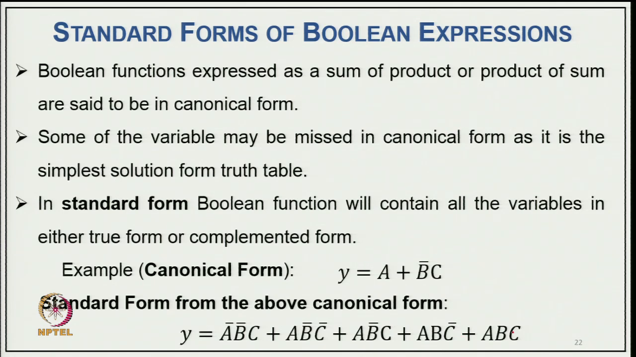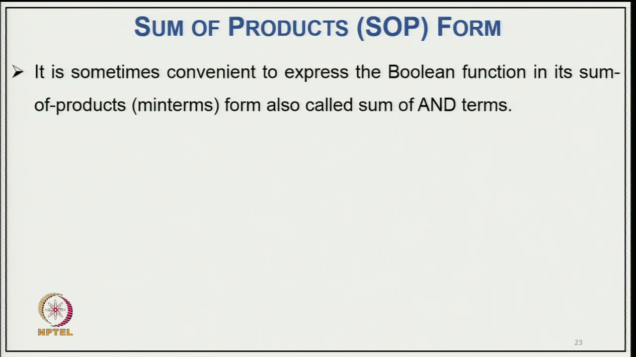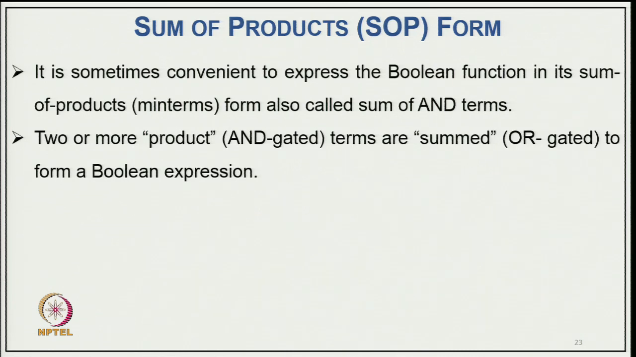So, this represents the canonical form, a standard form typically considered as the sum of products, or you can call it the expression of the minterms. It is sometimes convenient to express the Boolean function in sum of product minterm form, also called sum of AND terms, where 2 or more product AND-gated terms are summed or OR-gated to form a Boolean